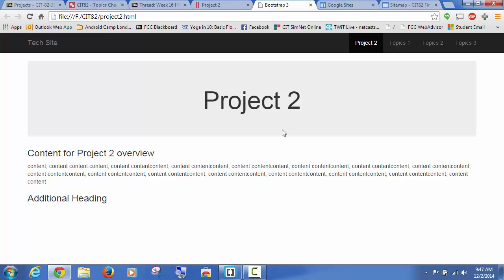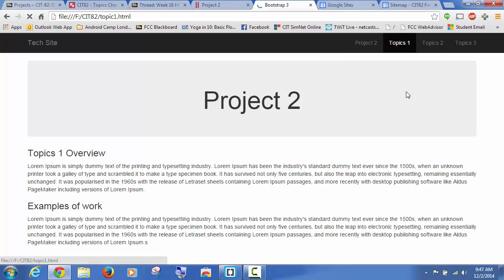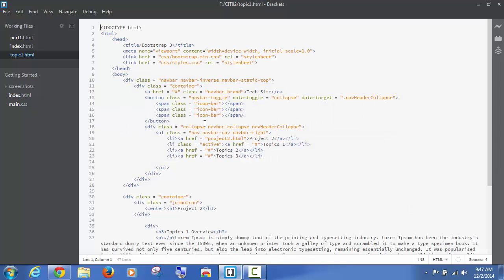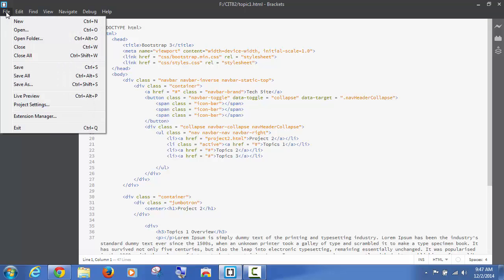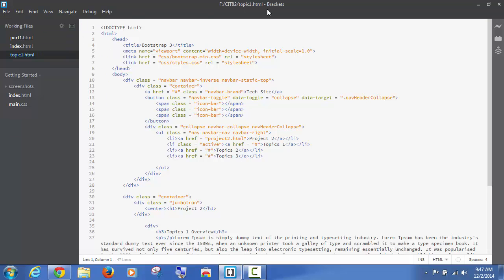So first let me start with where I left off after I recorded, and I added a little more content. So I do have my first topic, and then I have just some Latin characters here to show. The question is, how would I then create a subpage here? So I'm going to open up Brackets, and I have topic 1 in here. And the first thing I do is I need to create that page. So in this case, File, I'm going to take this topic1.html,